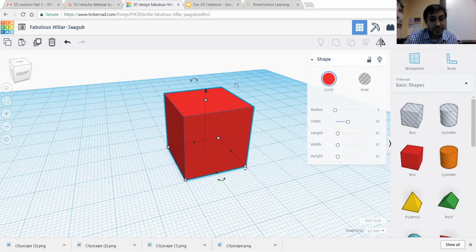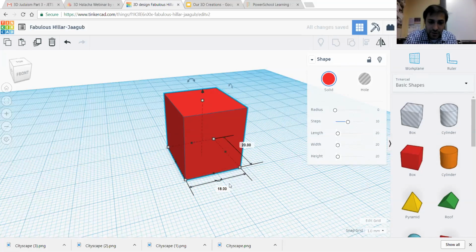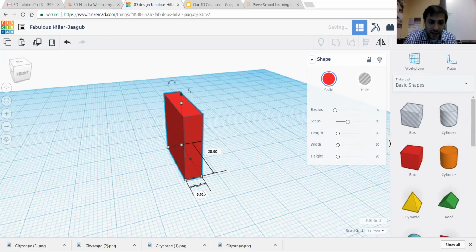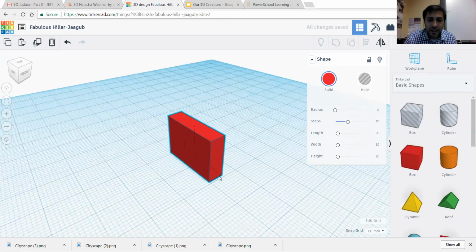So I always have my students do everything to scale, right? So 1 amma is going to be 1 millimeter, or 1 tefach if we're working in tfachim. 1 tefach is going to be 1 millimeter. So you want to teach your students to be mindful of these numbers. When I move them, those are all the millimeters, right? 14, 9, 8, 7, right? So if it's 5 tfachim, that's where I want it. It's not 20 tfachim high or whatever it is, right? So being mindful of that is